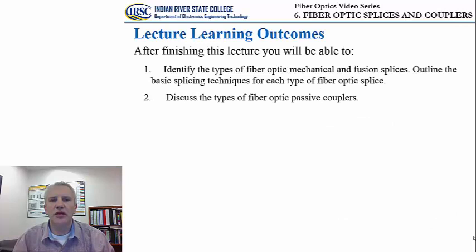So today we are going to be talking about 2 distinct types of fiber optic splices, and those would be mechanical splices and fusion splices. Of course, we are going to define what a fiber optic splice means and how it's being performed and what type of connection is established. We also are going to be talking about basic splicing techniques for each type of fiber optic splices, and finally, in the last portion of the lecture, our attention is going to shift towards fiber optic passive couplers that also enable connections between